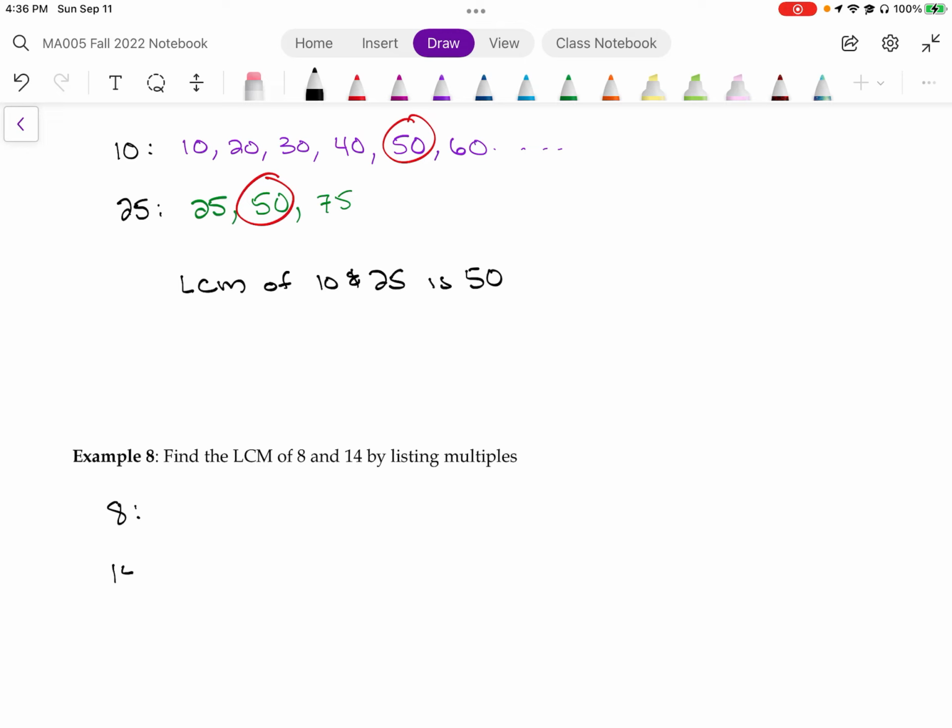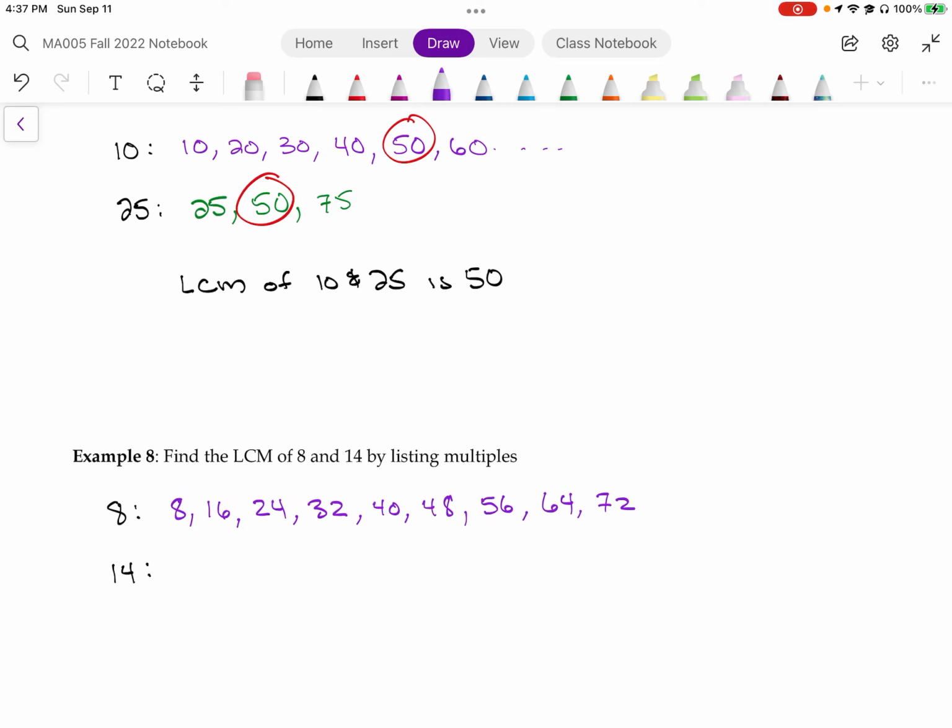All right, so we've got 8 and 14. So I'm going to do this with the listing method one more time. So 8, 16, 24. So times 1, times 2, times 3, times 4, times 5, times 6, times 7, times 8, and times 9. Okay, so